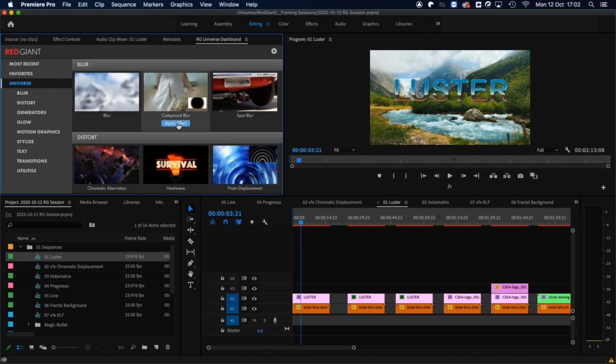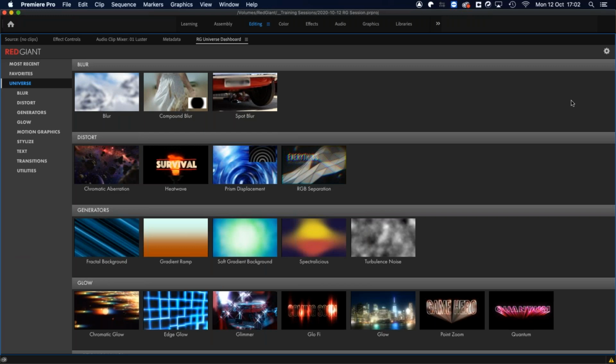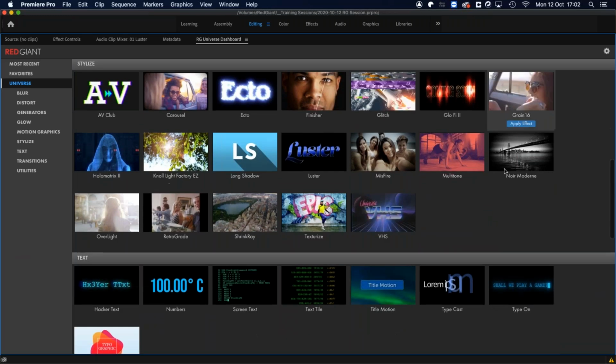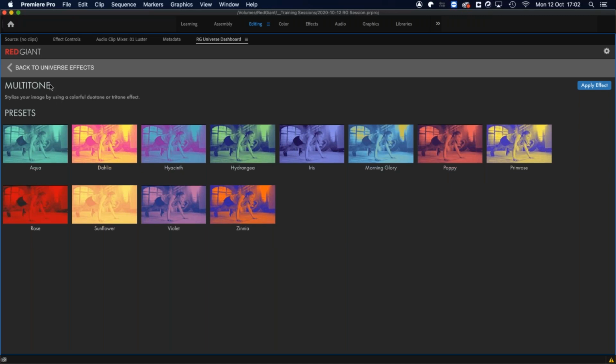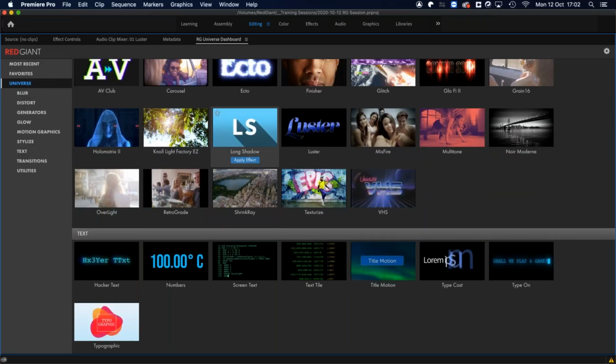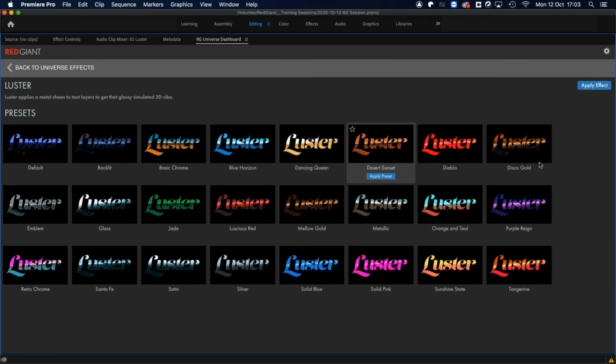But within this, if I maximize that to full screen, you get all the different tools and you can look at them. You can go into one and see all the different presets within a tool. So this is a great way to access the tools. They're also in categories that sort of make sense. So the first one I'm going to look at today is Lustre, which you can see here is like a 3D looking sort of 80s style text tool. It comes with quite a large number of presets built in, but once you apply it, I'll just get back out to,